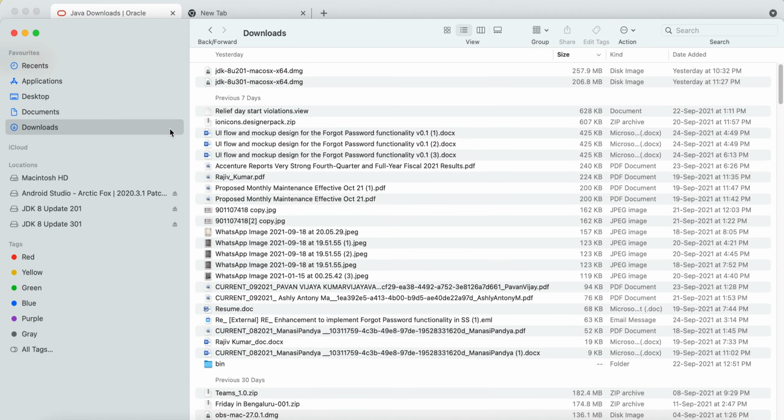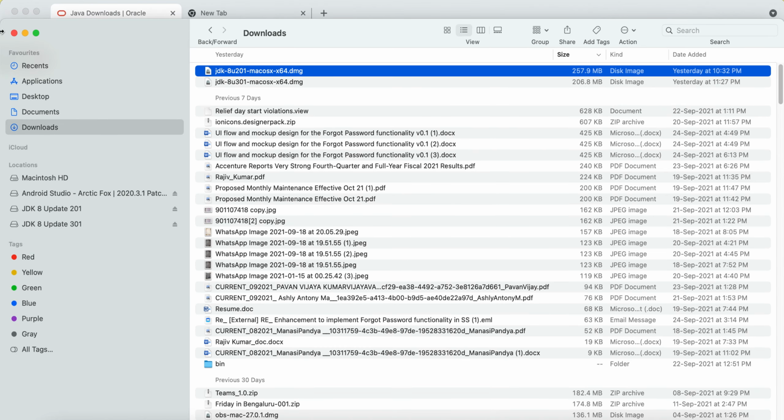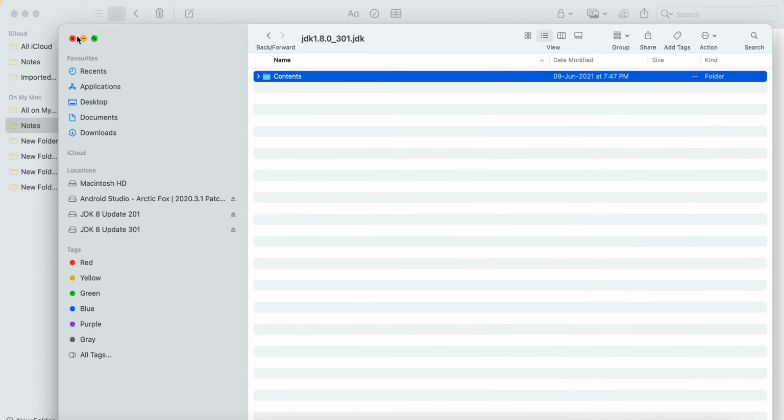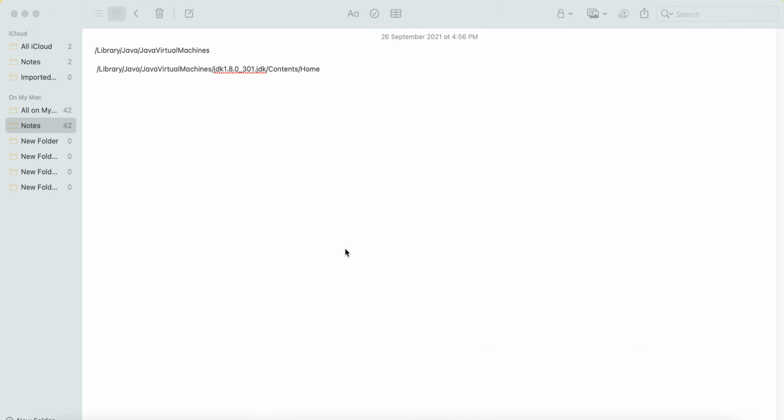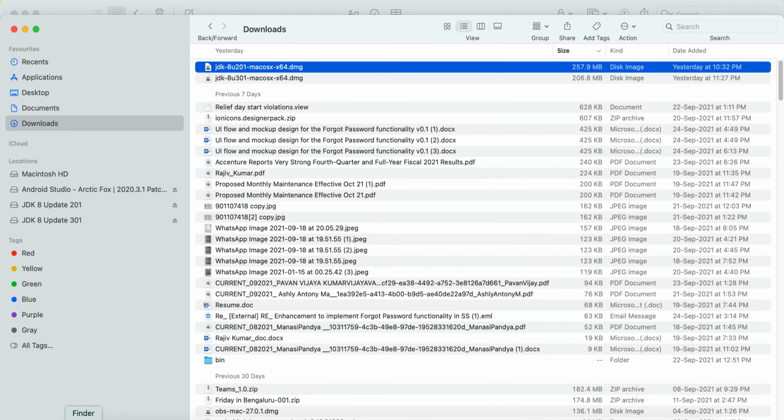Go to the download section. You can see I have already downloaded that JDK here, and I have also already installed it. So I'm going to show you the steps which I followed. Once you have downloaded and installed it on your local machine, then what you have to do is